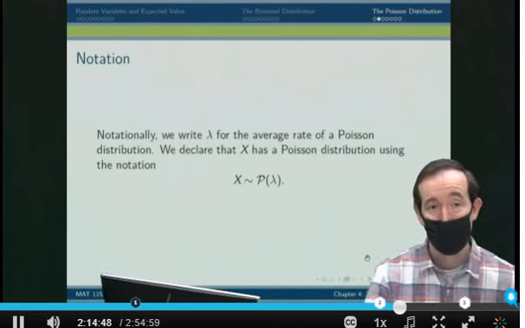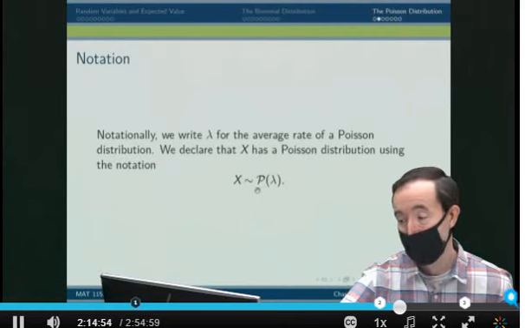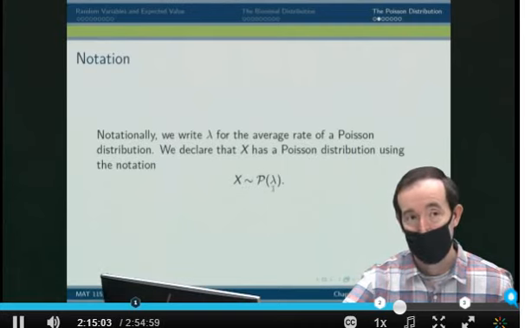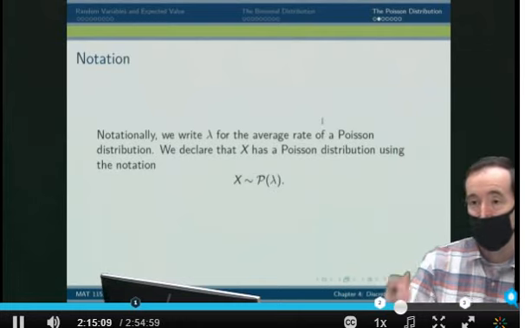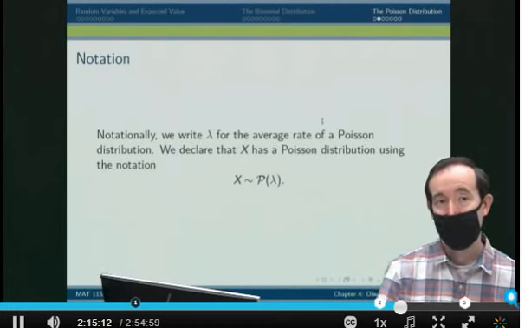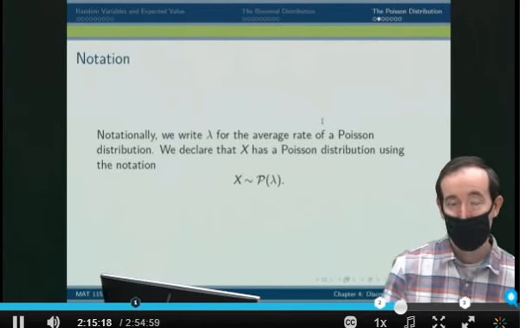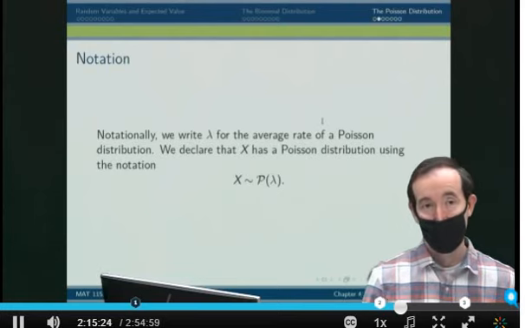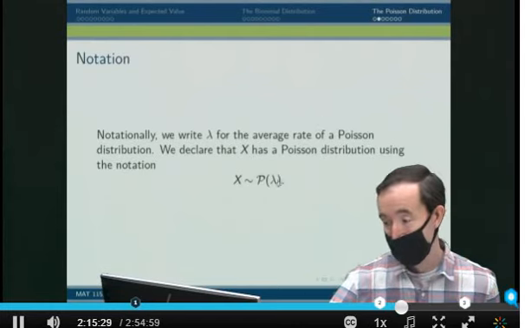And the way we will denote a Poisson distribution, similar to the binomial, rather than a B for binomial, we'll use a P for Poisson, and I'm going to use this script P. So I would say that the random variable x is distributed like a Poisson distribution with parameter lambda. And this lambda is the average rate that I'm expecting. So if I know the average number of patients that arrive in an hour, that would be the lambda that I report here. This is a 1-parameter distribution. I needed 2 parameters for the binomial. I needed the number of trials and the success rate. Here I just need 1. I need the average number in that interval. So this is how we denote it.